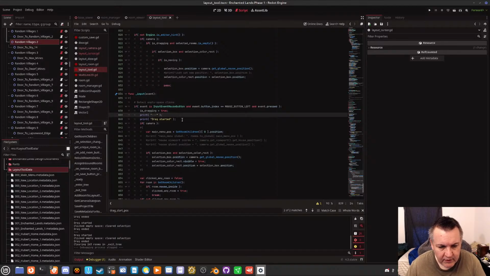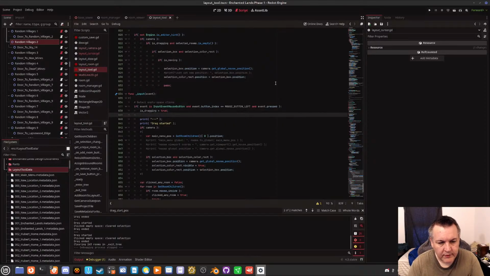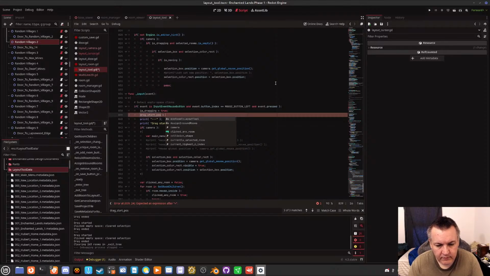Whenever we do the input, the drag start position is always there. So, drag start position equals, oh, you know what? Okay, do something here.